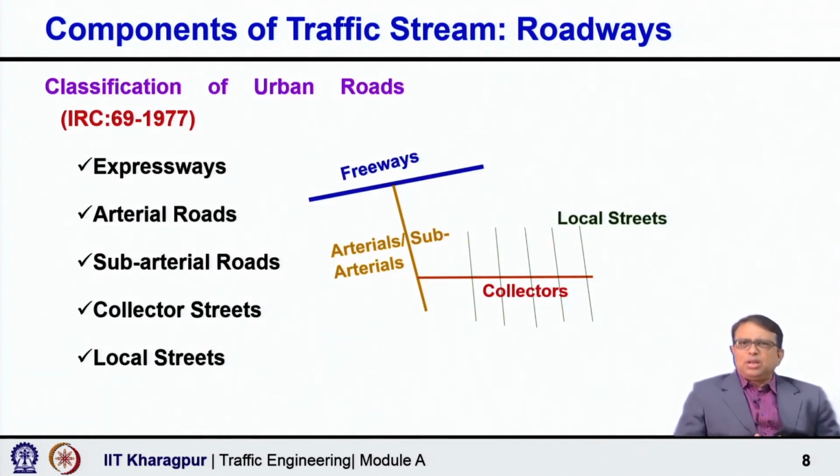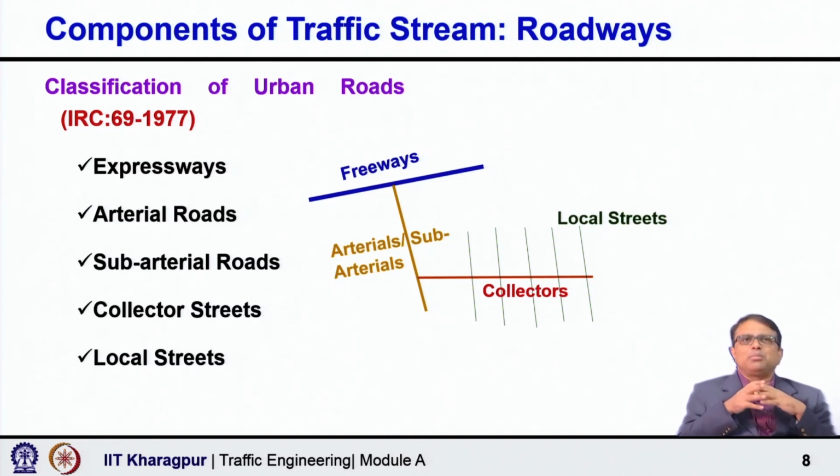Urban roads and rural roads both are classified under certain categories based on how much you expect them to serve the accessibility function and how much you want them to serve the mobility function. Remember that we cannot get both 100%; you can generally consider the total is 100%. Now it is up to you how you distribute this 100% between the accessibility function and the mobility function. That way the classification is done.